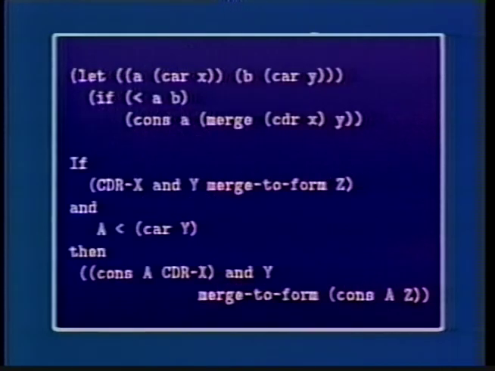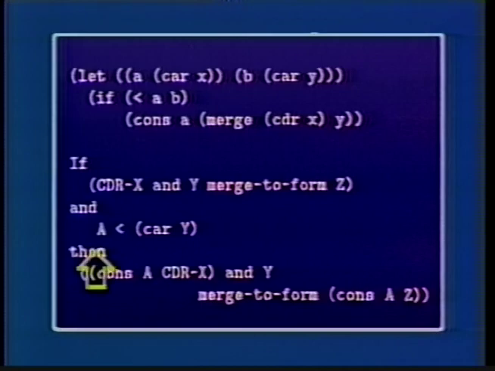Right, so here's one piece. Here's the piece of the program which recursively chops down X if the first thing in X is smaller. And if you want to be very explicit about what the logic is there, what's really going on is a deduction, which says if you know that some list that we'll call cdr of X and Y merge to form Z,